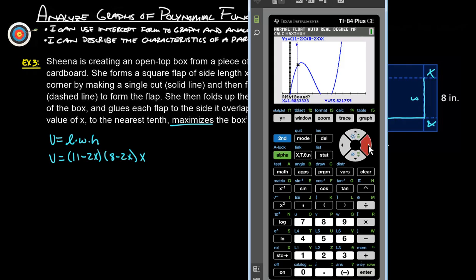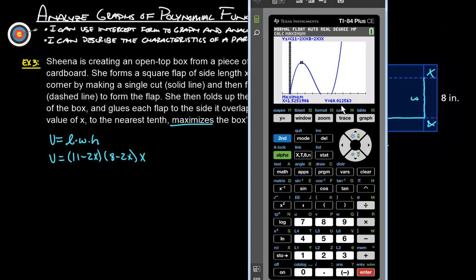So now we have to move it over using the left and right arrows, pretty much the right arrow. Move it over until now we know we are past the maximum. So there's the right bound, enter, and then I don't know why they say guess. It's like, yes, we want you to guess. They're actually going to calculate it. And then push enter, and it's going to actually tell us what this maximum point is. And there it is,